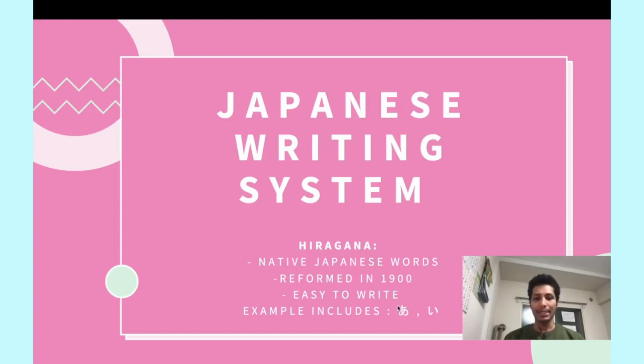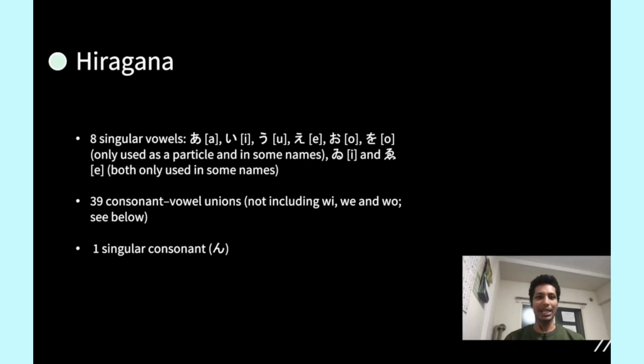So this is called a, and then this is called e. No problem, I understand you cannot get it at this point in time, but very soon you will be able to identify the Japanese hiragana characters, and then you will be saying thank you to me. Let us go to the next slide, which explains in more detail what constitutes hiragana.